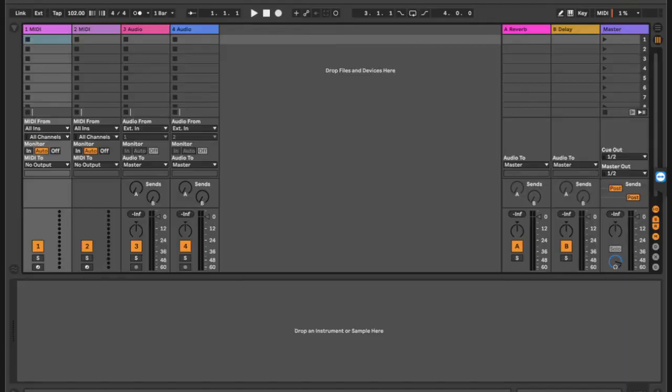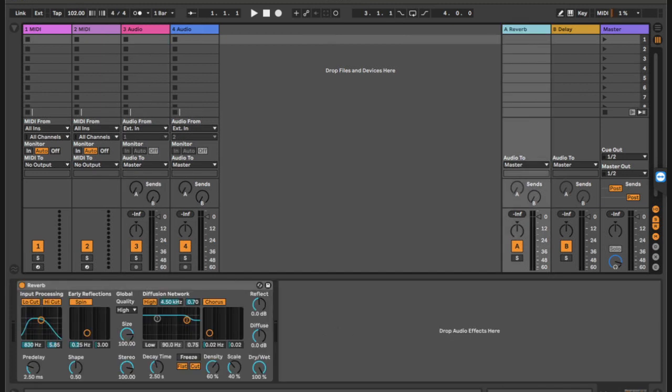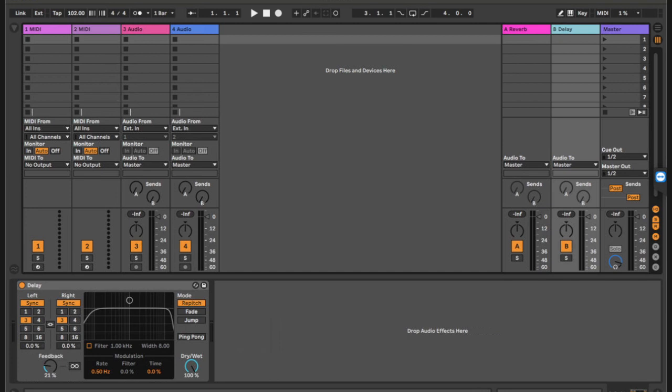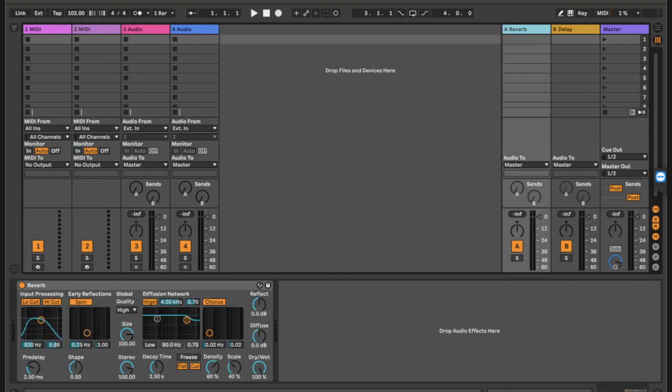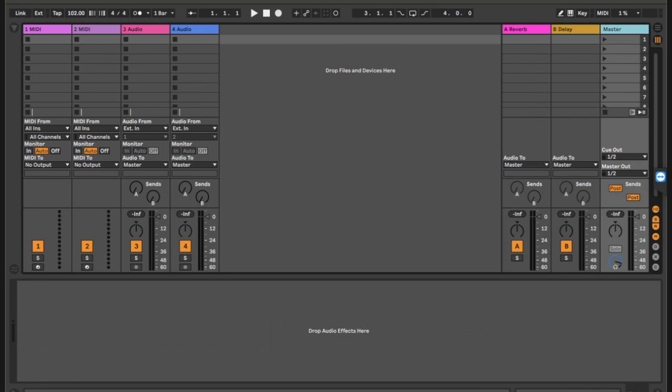Yes, so on the screen over here you can see my workspace. This is the default workspace ya Ableton. Ukifungua inakuletea 2 MIDI channels and 2 audio channels, and then on the right side you can see kuna reverb na kuna delay. So hizi ni bass channels. And then there is the master. So this is the master track, yani penye kila kitu inaenda.